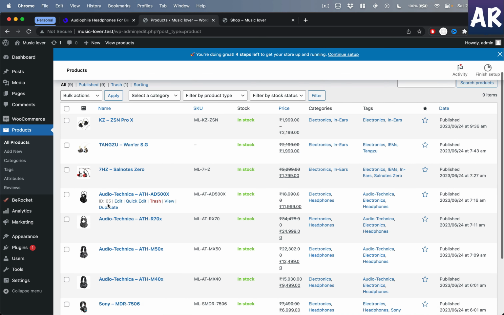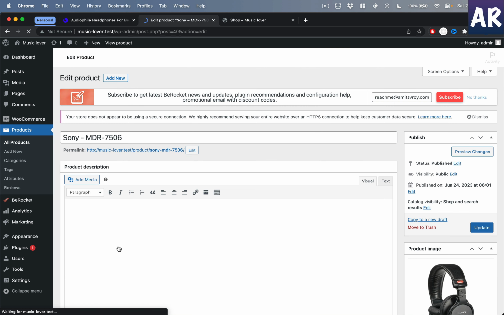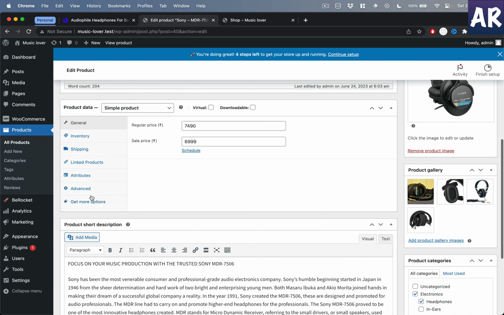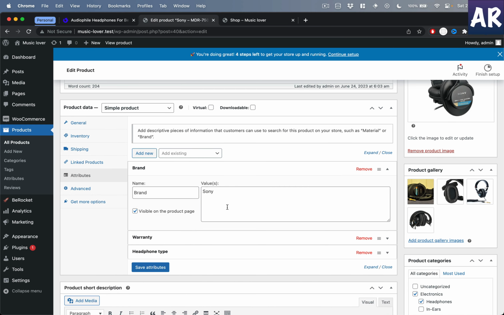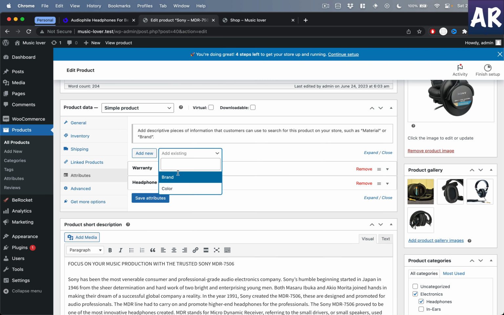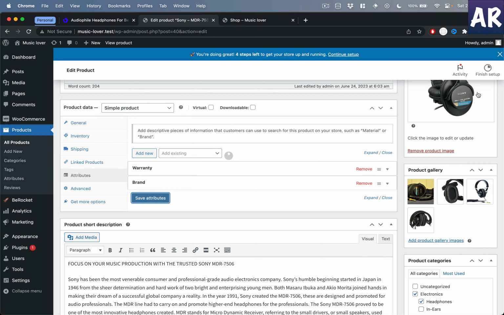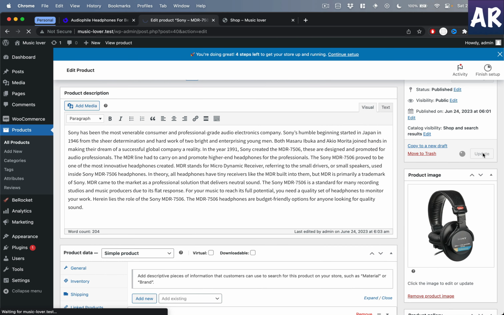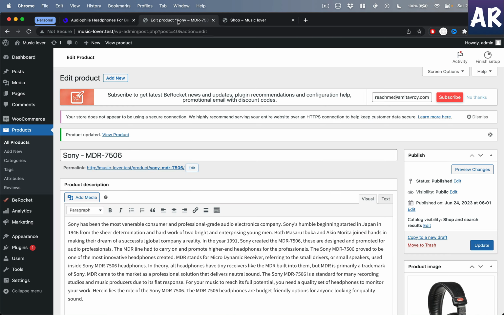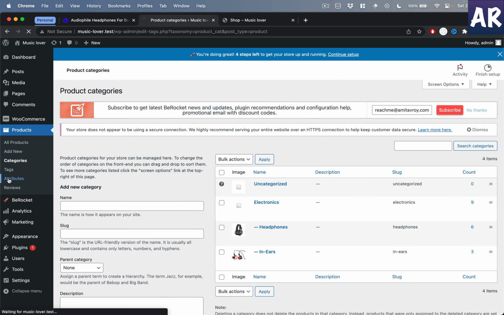I'm doing this because otherwise you won't understand the filtration which can possibly happen. So I'll just go over here, Sony. This should have an attribute, brand. No, not this one. Just remove it. Should add an existing one, and the value is obviously this. Save, update, and now if I go to that category section, now this is important for the filters to work